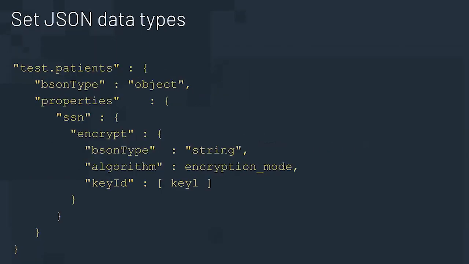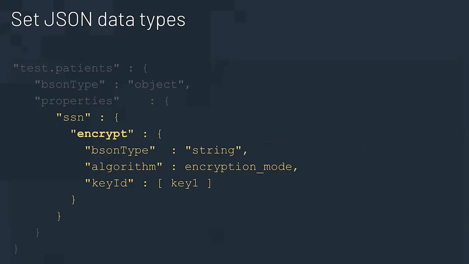Okay, next, having created the key, now we'll do the JSON types, the data types. Let's drill into this a bit. As we'll see on the next screen, this is a standard JSON schema specification. A lot of folks who develop in MongoDB may not be aware that this is a capability, but it's existed for a long time.